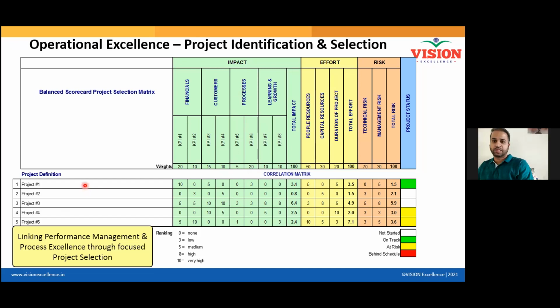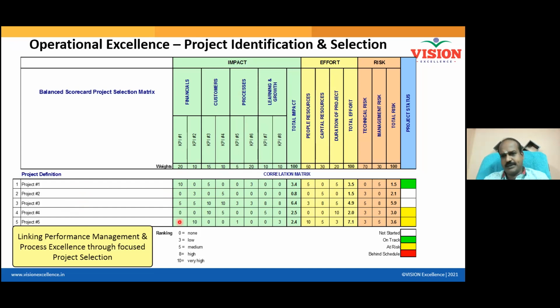Yes. Now for the list of projects I have in my hand, I will be assigning a score for every project with respect to each KPI. When I do this project, how will this impact my profit? For example, this project gives me a saving of, let's say, 30 lakhs. This project gives me a saving of 20 lakhs. It goes like this. So I will have some slabs and then projects will be graded.